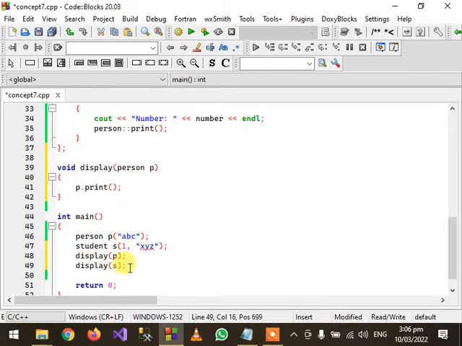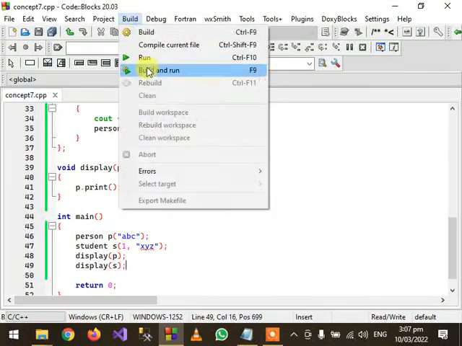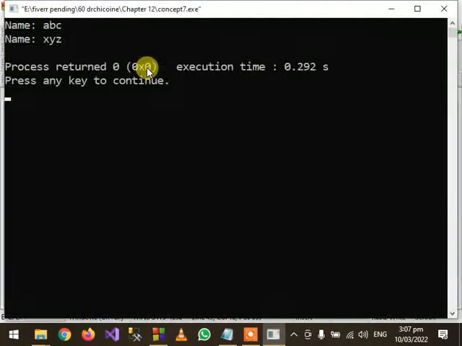So this will not generate an error, because in C++ we can pass a child class object to a parent class parameter in the function. It is possible. Okay, now let us try to run the project. You can see here output is name and name. Both objects are printing their name,